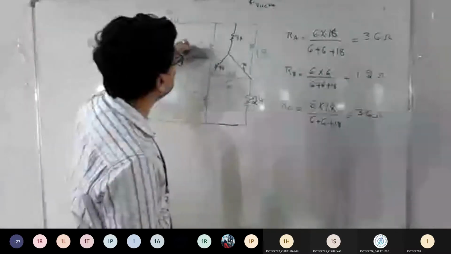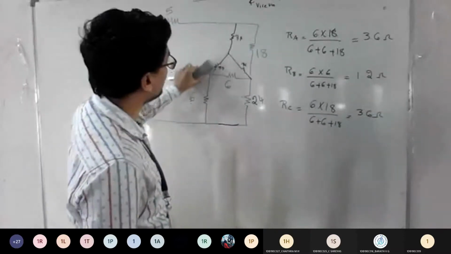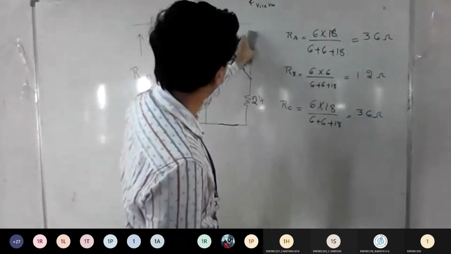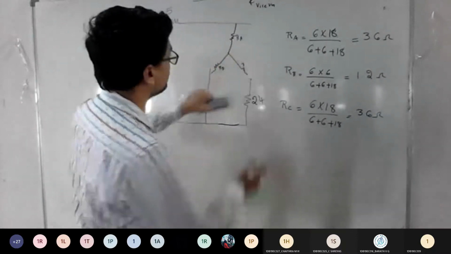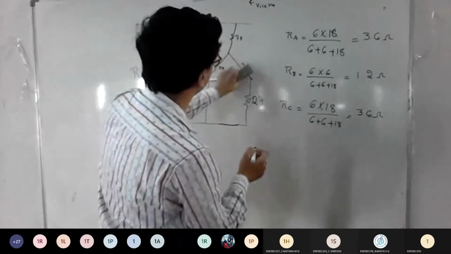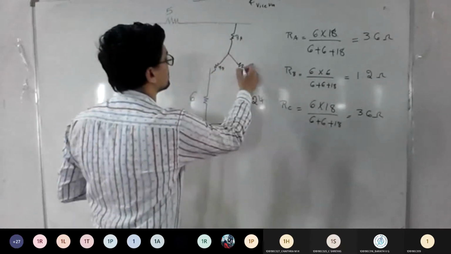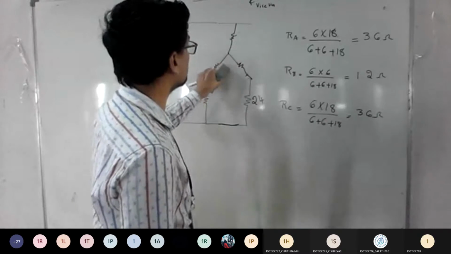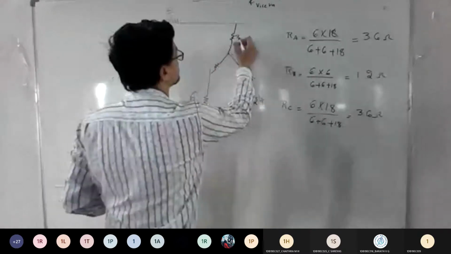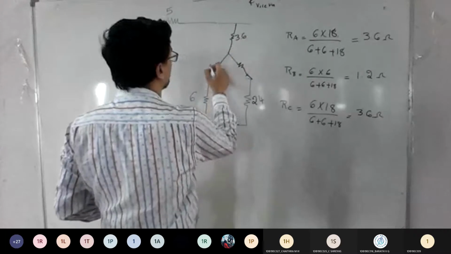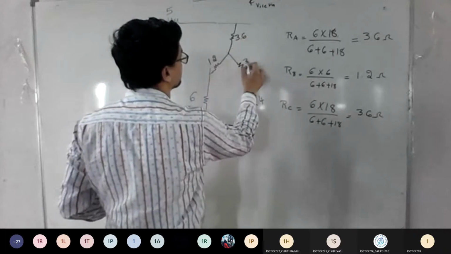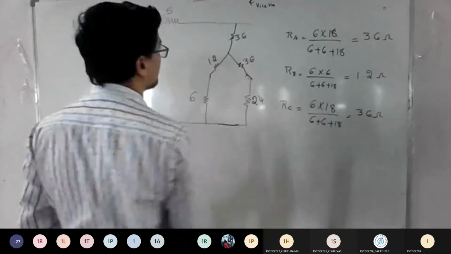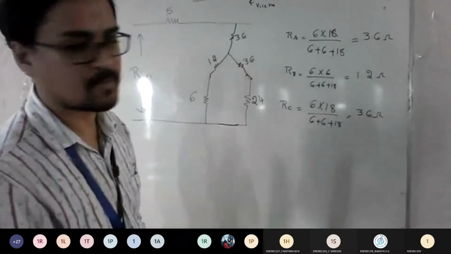We need to eliminate this. We need to eliminate your delta. This is gone. So is it like this now? Circuit looks like this? Is it how it looks here? So now what you should do? You just need to put in the values you got. So it's 3.6, then 1.2, then 3.6. See, if you do it like this step by step, you will get a clear idea how the reduction takes place.